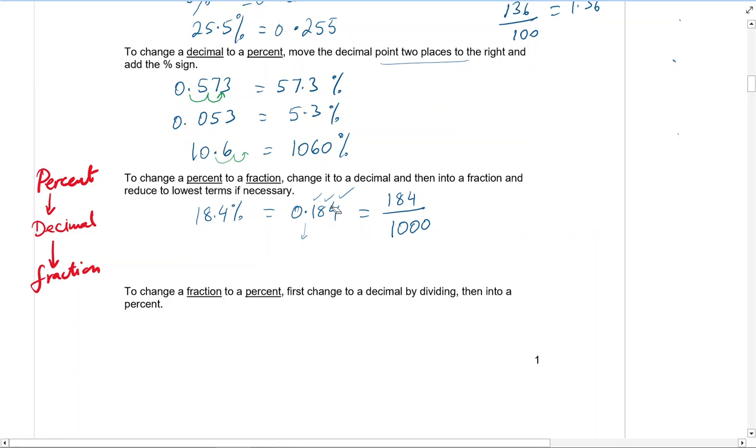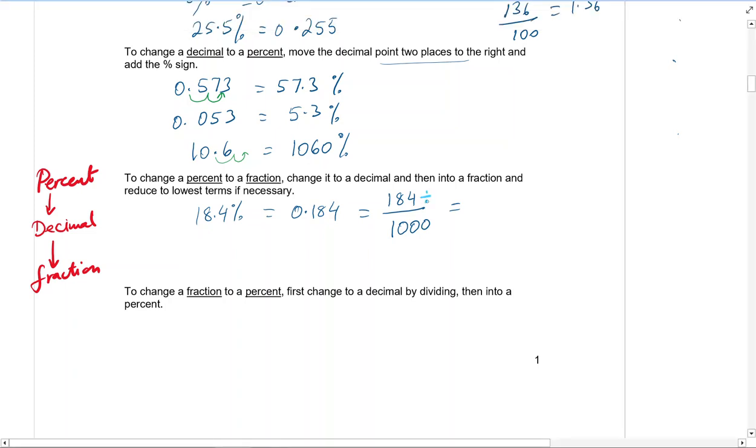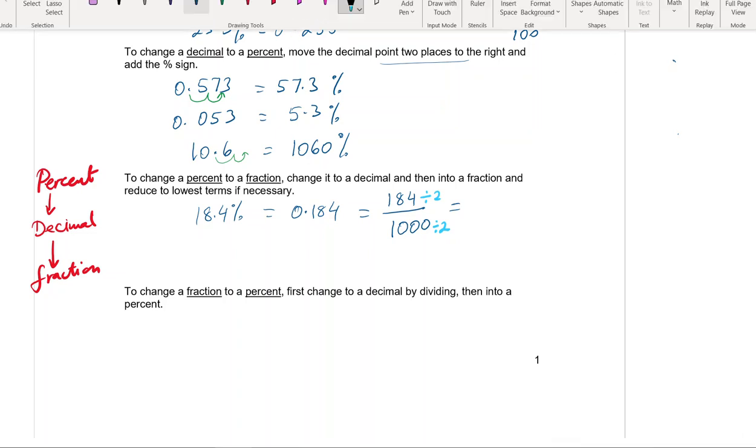So here we have 3 digits after the decimal, so it's going to be 184 over 1000. And then you have to reduce it into the simplest form. So if there is a common factor, you can divide with that. You can start with the smallest if you want. 184 and 1000 are both even numbers, so 2 is a common factor. I can divide by 2 on the top, divide by 2 on the bottom, so we will get